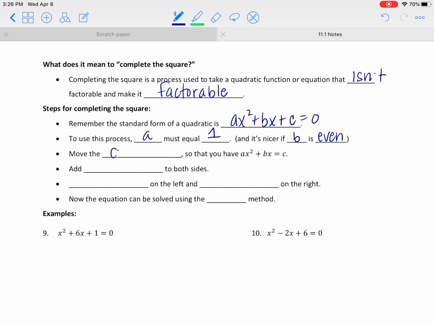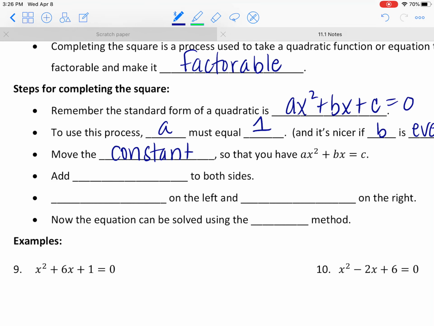Now, if those things aren't true, this process is still possible. We just have to work around those 2 issues, okay? Now, instead of, like when we're factoring, leaving our equation in standard form, what we want is the constant to be on the other side. So we want to move the constant. We're going to move the constant, so ax squared stays, bx stays, but c goes to the other side of the equation, okay? And then